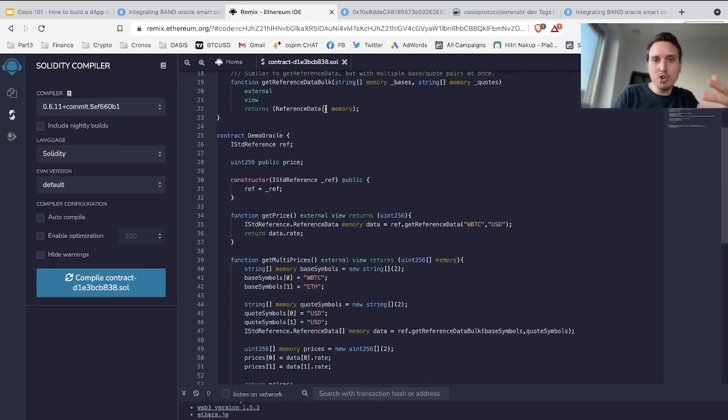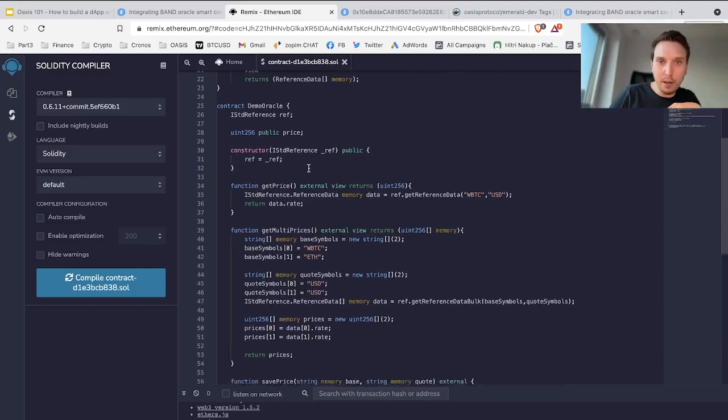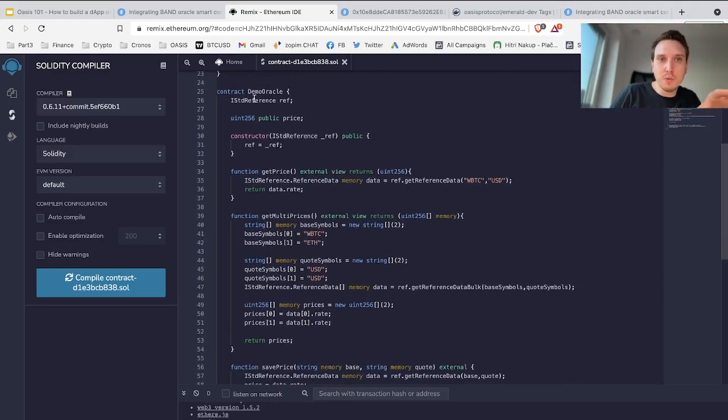So the most crucial part here is if you will be using the Oracle example. First of all, you will see the contract here, right? Contract demo Oracle. Demo Oracle is the name of this smart contract that will be deployed. I can call it demo Oracle, BlogX BG, or just demo Oracle BG, whatever, right? And then